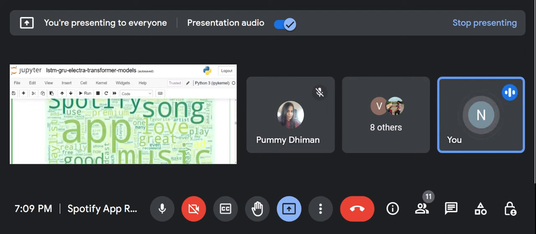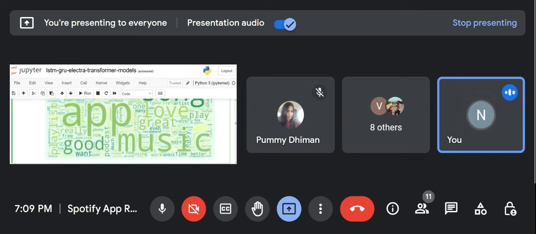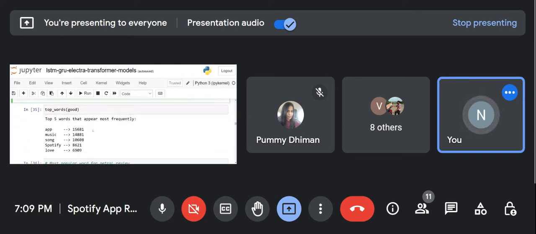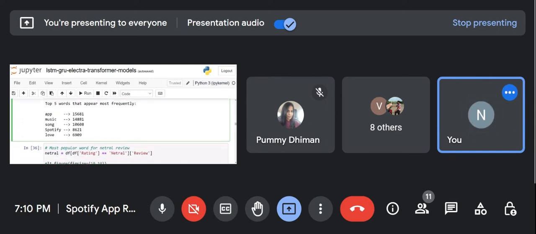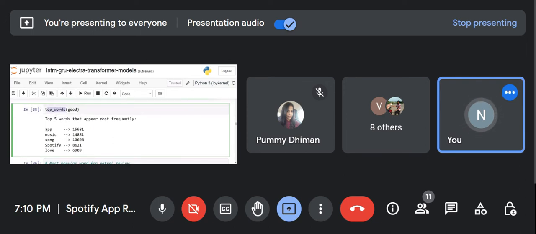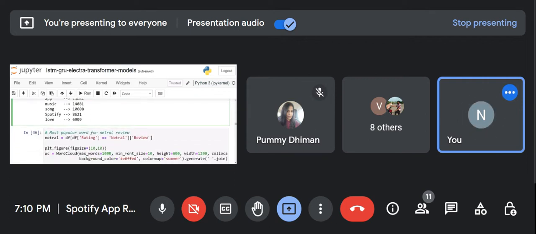सो यू कैन ये आपका वर्ड क्लाउड बन गया गुड वर्ड्स के लिए, ये गुड के अंदर कैटेगरी में आया है। सिमिलरली अच्छा, टॉप वर्ड्स गुड, और गुड में टॉप वर्ड्स कौन कौन से थे ये भी पता लगा लो, ये आपने ऑलरेडी मेथड टॉप वर्ड्स बना रखी है, ऑलरेडी क्रिएटेड दिस मेथड टॉप वर्ड्स, okay, this is already been there, okay, so these are the top words कि app, music, song, Spotify, love, okay, तो ये आपने ऑलरेडी यू हैव ऑलरेडी क्रिएटेड दिस मेथड, तो जस्ट गुड इसमें रखना है जो गुड वर्ड्स वाला है, एंड अकॉर्डिंगली